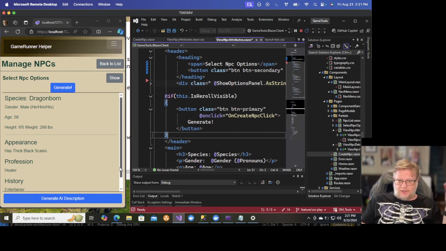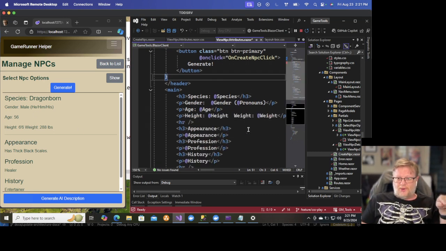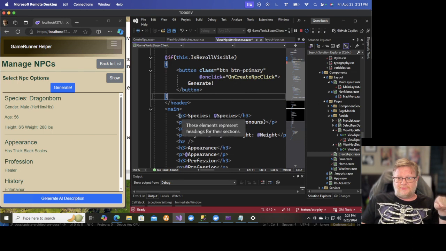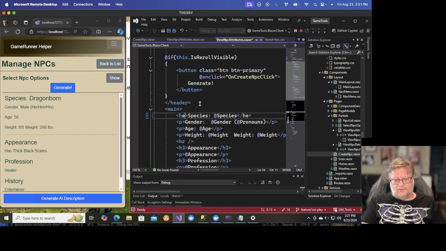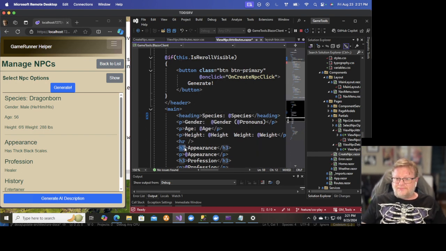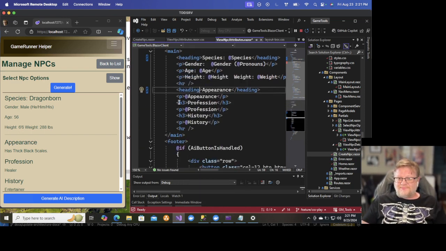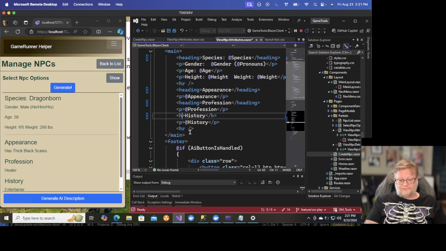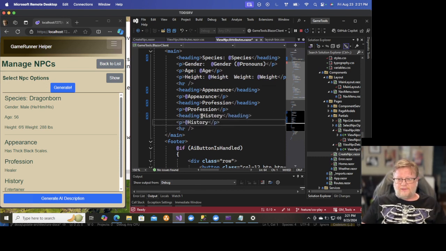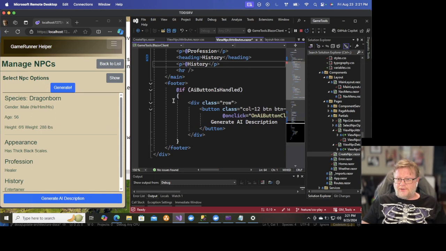I think we're in a good enough spot with our typography, although, heading, heading, heading, heading, main footer,